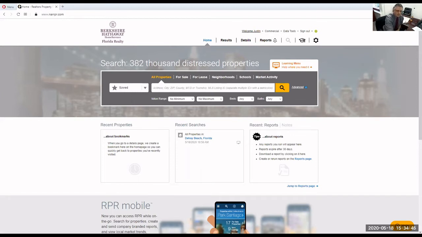A little detail, this is very important. You need to enter, and RPR will have by default information on what association you belong to, but you have to enter your user ID, not your password, but your user ID, and it has to be identical to the number that you use to log in into the MLS. So for example, if you are in Palm Beach, chances are very high that your user ID is your NRDS number. So like mine is